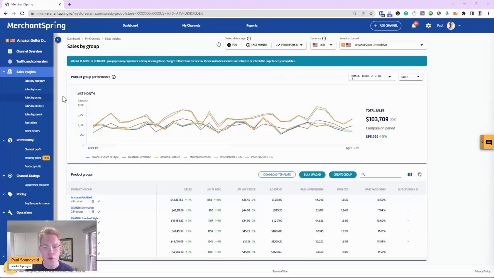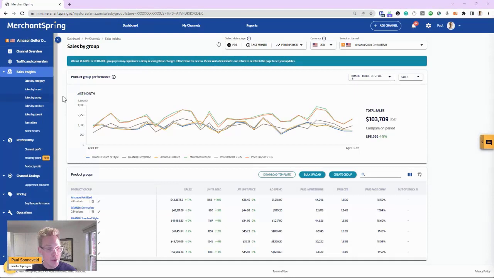And there are lots of use cases that I've seen since we've rolled this feature out. One use case might be the ability to group different colors together if you're in the apparel space and track which colors are most popular. You can apply a similar logic around different pack size formats or flavors or scents. Sometimes it's useful to track a set of priority SKUs or ASINs versus the rest. Or you may want to think about tracking seasonal range versus your core range. All of that can be done inside this module.